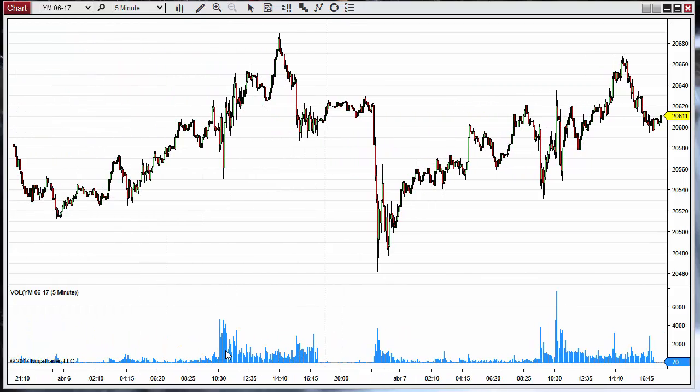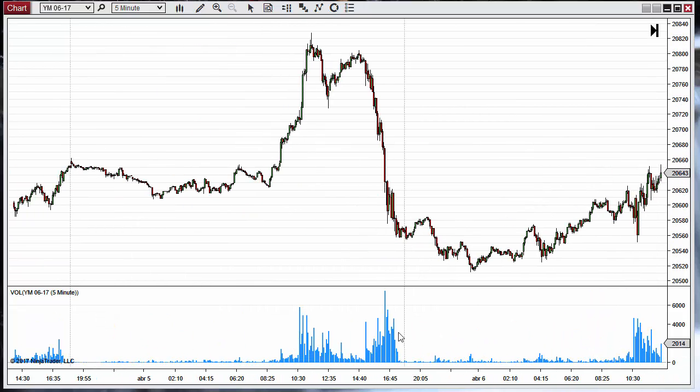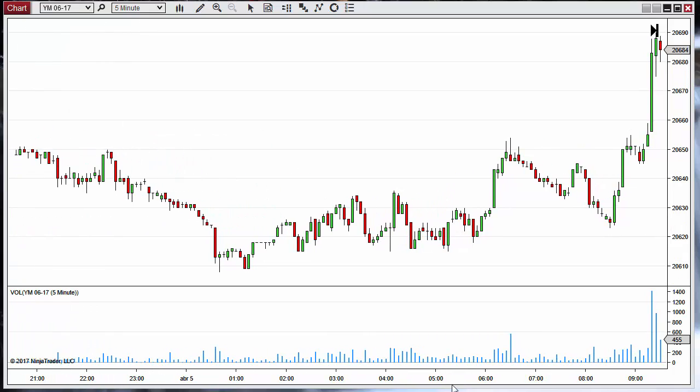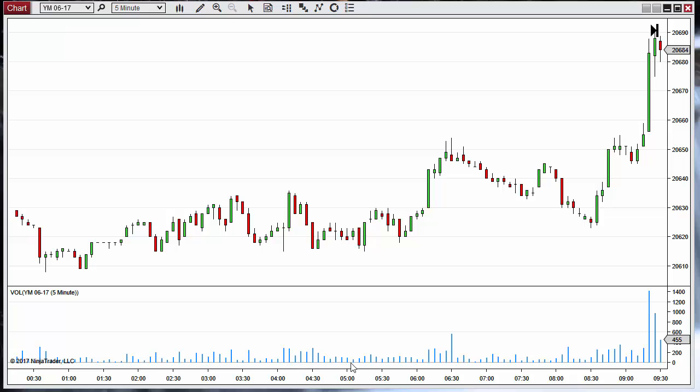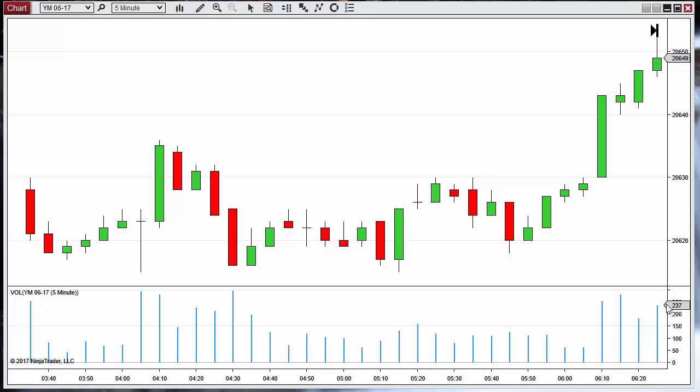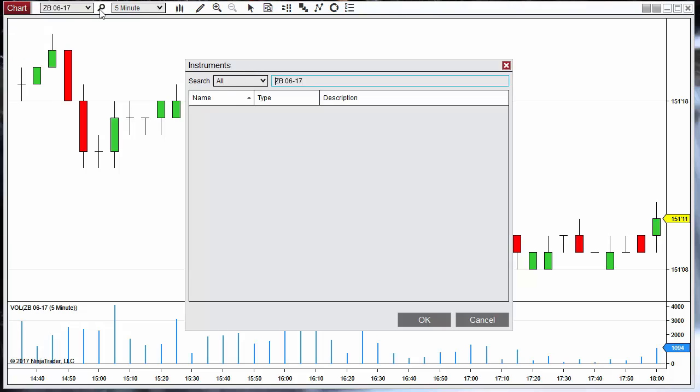So here we can see which is the time window where we get most of the volume. If we wanted to trade outside that time window, like for example between 3 to 5, on this example we have enough volume and a small price action,